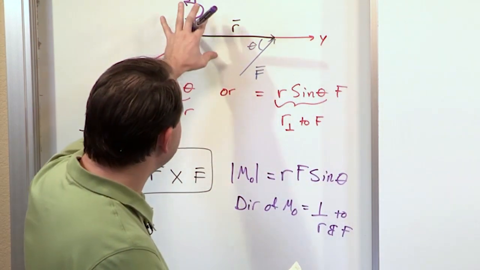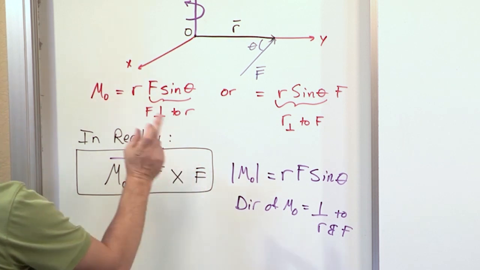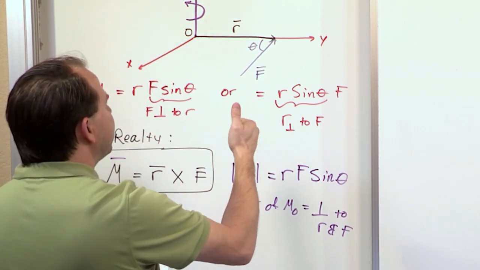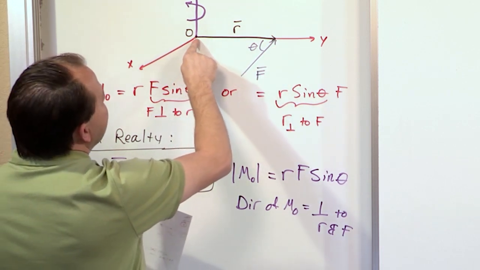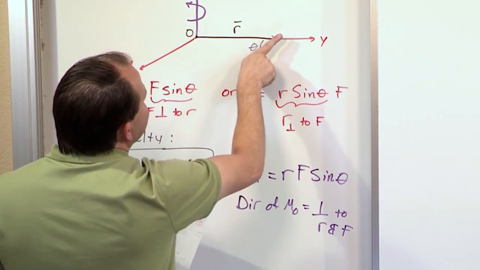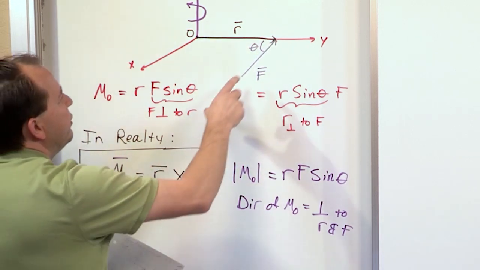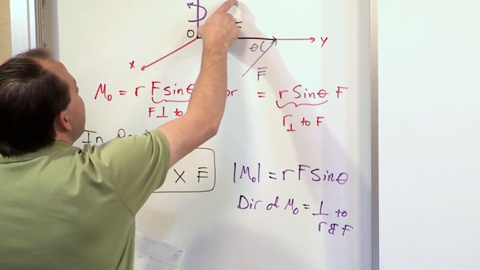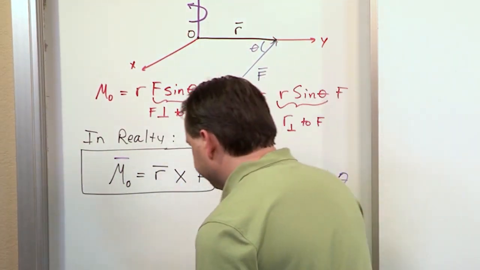So if we take a look at this particular problem again, how would we calculate R cross F? Well, whenever you're doing mental gymnastics with R cross F, the way I've drawn it here is how you would have constructed it. You'd put a pipe here, and you put a force at an angle at the end of the pipe. But to actually calculate the cross product, you need to shift the vector over and put it tail to tail. Okay? So the way that you would do that